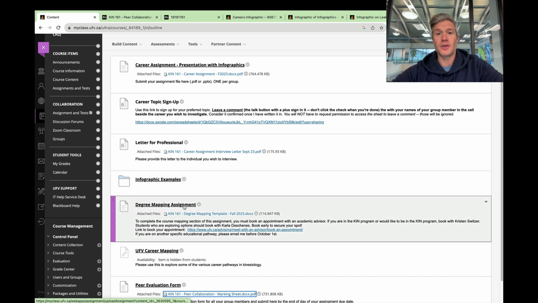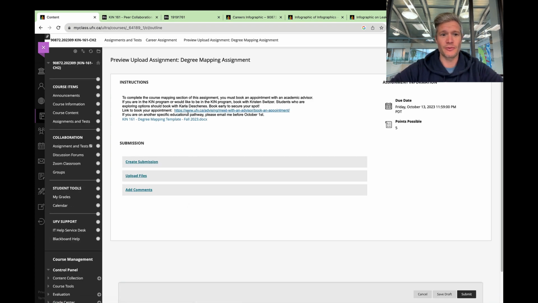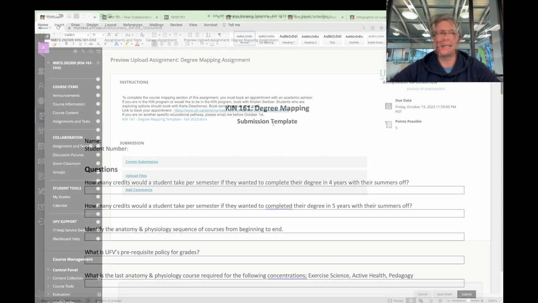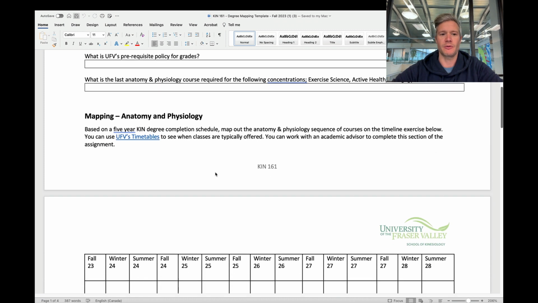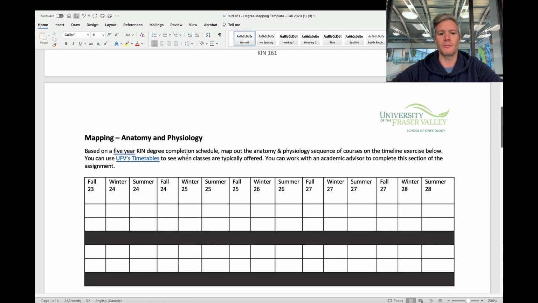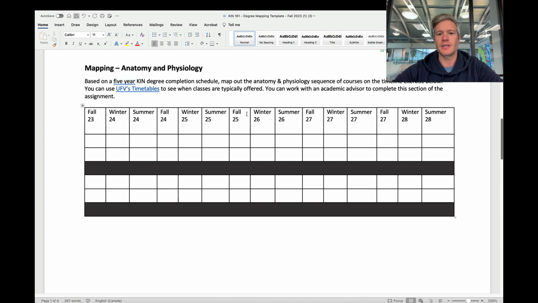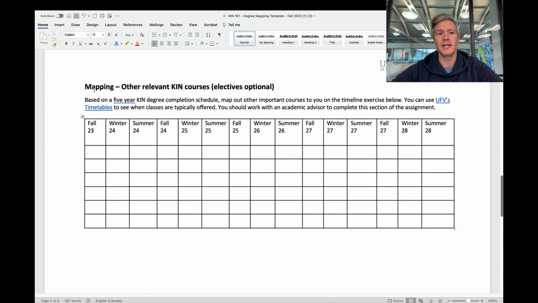Last but not least, we have your individual component worth 5%. Let's take a little look. Assignment, it's individual. This is where you get to specifically pursue and follow information regarding one particular area of career interest for yourself. It can be whatever you want. Doesn't matter if other people are doing similar, but you will need to personalize and go through what your personal choices are as far as what you do each semester in here. Again, trying to map out where relevant kin courses are.